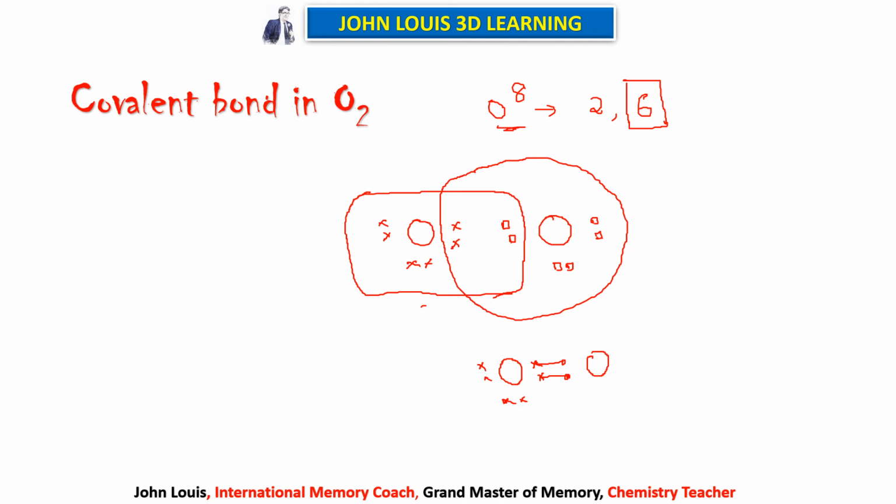And already this oxygen was having 4 electrons, no? And this oxygen is also having 4 electrons here. So now between them 4 electrons, that is 2 electron pairs. Therefore both the oxygen atoms will have 8 electrons each. But the number of bonds between oxygen and oxygen is a double bond. Now you can understand. Suppose the question is asked, okay, prove there is a double bond between oxygen and oxygen atom in oxygen molecule. How that double bond is formed?